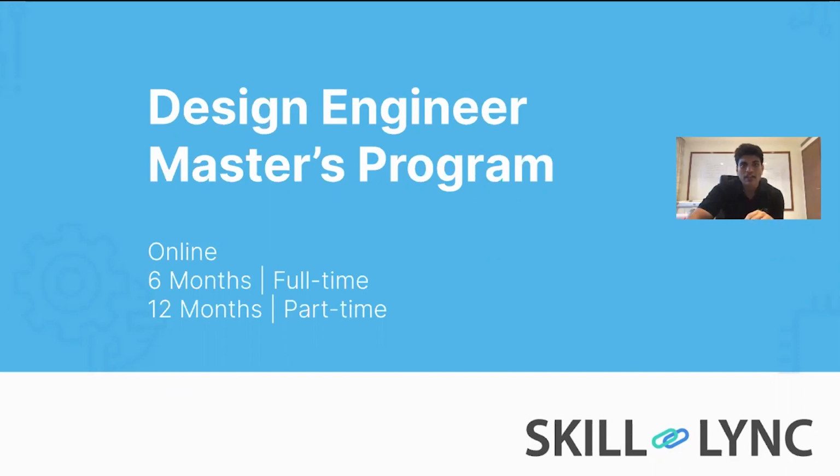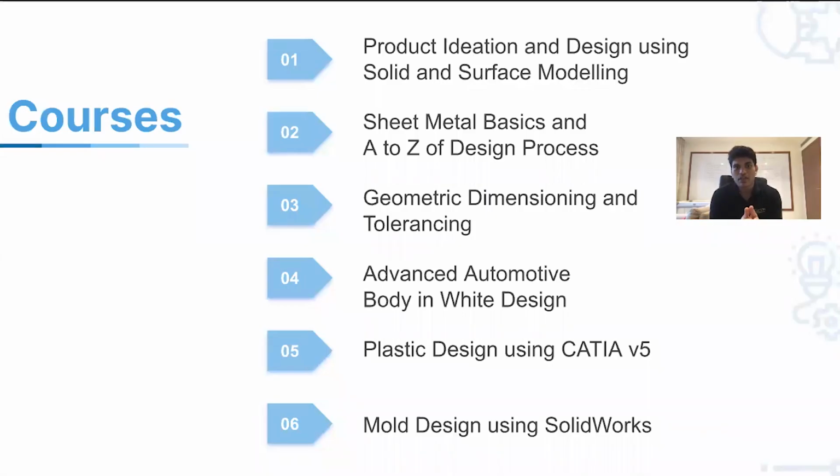What does this course entail? This particular Design Engineering Master's program has 6 modules. If you think about design, there are 4 types of design. One is solid modeling: any component which has a specified height, width, and depth. Any component which has a solid volume is basically called a solid model. And then there is surface modeling. What is surface modeling? If you see the exterior component of any particular product, the surfaces of cars are called surface modeling. There is a different technique to design solid models. There is a different technique to design surface models.